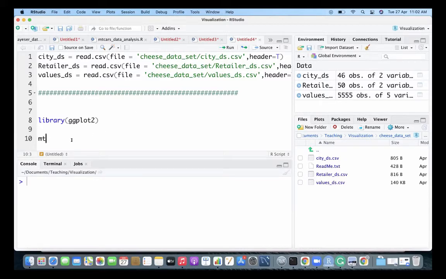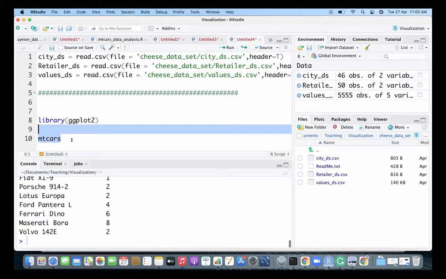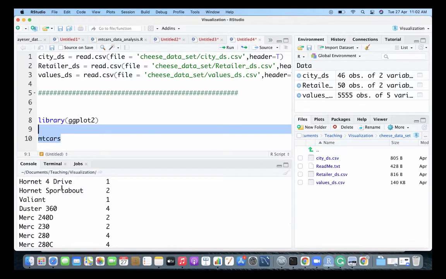All right. First we'll use two data sets. One is the mtcars data set. Another is the diamonds data set. The mtcars data set is a small one.